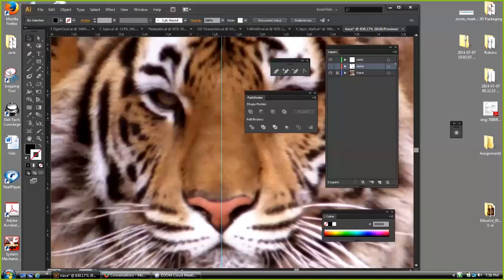So let me hide the eye, and let me show you what I'm going to do here to create my cat eye. This is very cool. I'm going to get the ellipse tool, go up to the work layer, and click and drag out an ellipse, something like that. If I want to move the ellipse, I'm going to hold down the space bar and move it to about where I want it, which is right about there. Okay? So there is the center part of my